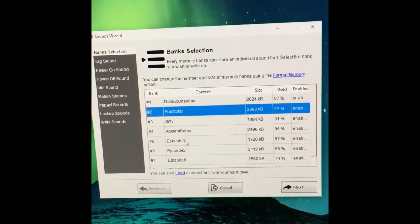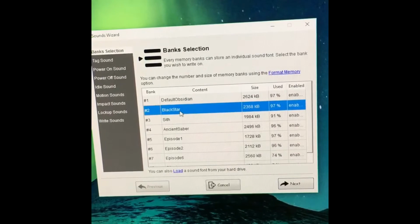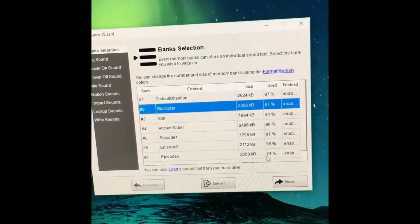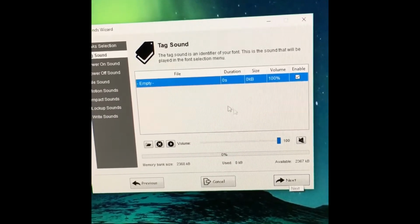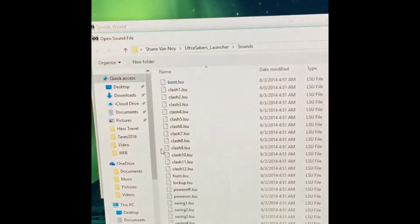So these are all the default ones. And again, if you were to pick one and say, okay, I don't like the Black Star, you would click on that one to select it, and then click next. And then right now, basically, you can go in and open up,